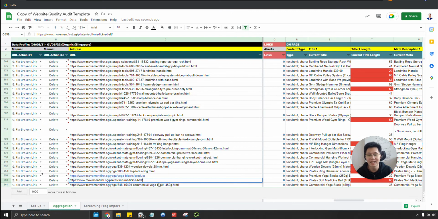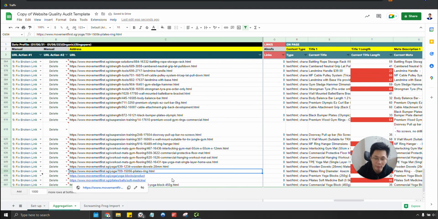And if let's say they have a lot of different types of balls, what I will do is I will then do this, and then I'll change it to balls / soft medicine, right? But this is how I would do the URL structure so that it's easier for people. First of all, it's easier for users to know, when they look at your URL, where they are at. That's number one. And secondly, because of how your architecture is set up, Google understands your website